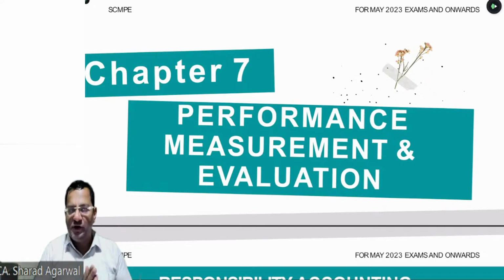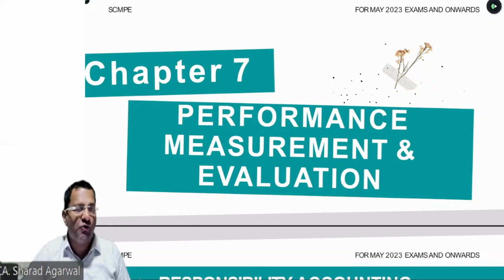Okay, so the very first reason is that ROI and RI are based on accounting profit. Accounting profit is subject to manipulation by the accountant. There are n number of adjustments that can be done because on that particular matter there is no accounting standard guidance. If profit is manipulated and based on that profit you are measuring the performance of a department, definitely your objective is not fulfilled. So Stern Stewart and Company, which has provided this concept to the world, has advocated that we